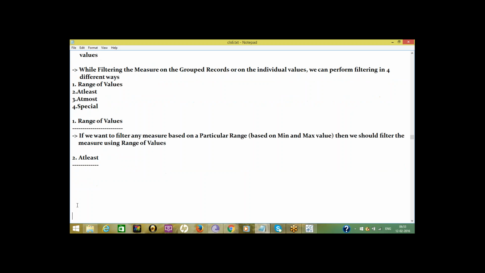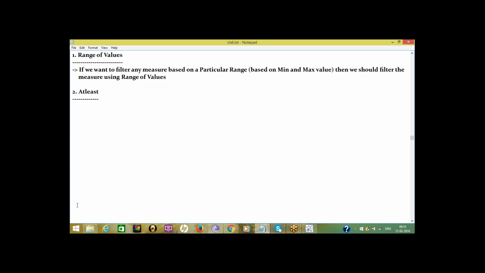At least means if you know only minimum value and if you don't know the maximum value. Karthik, this is greater than or equal to, right?